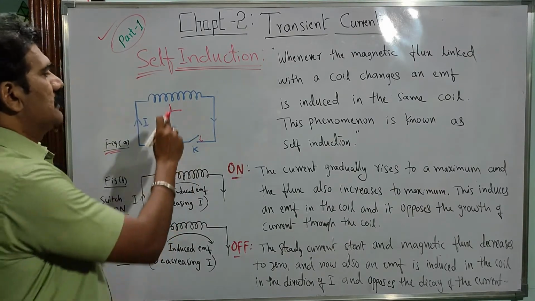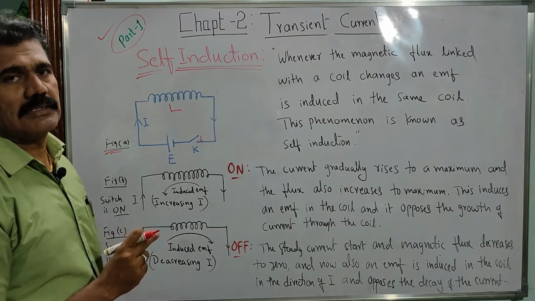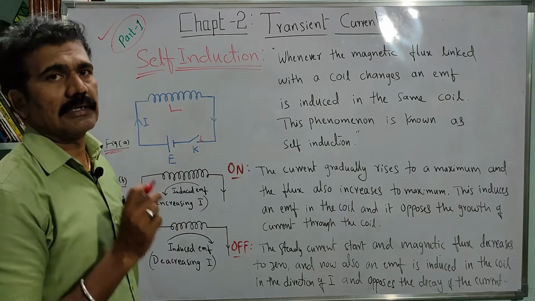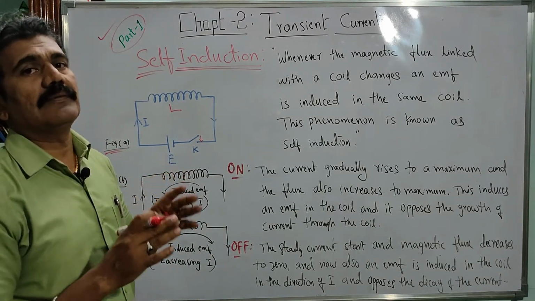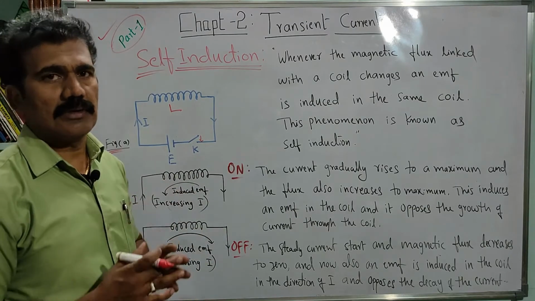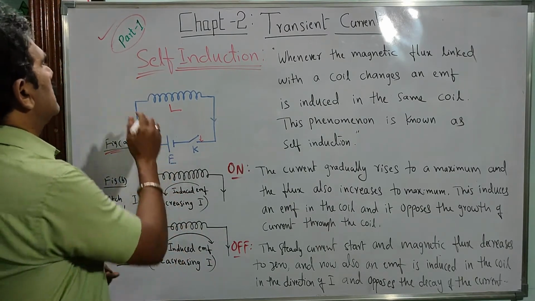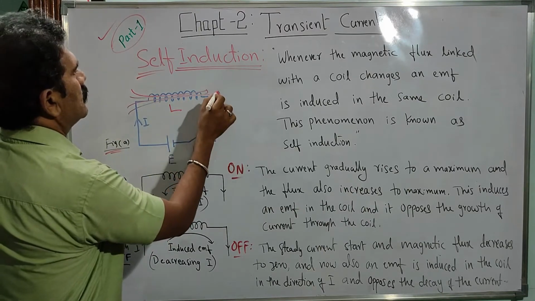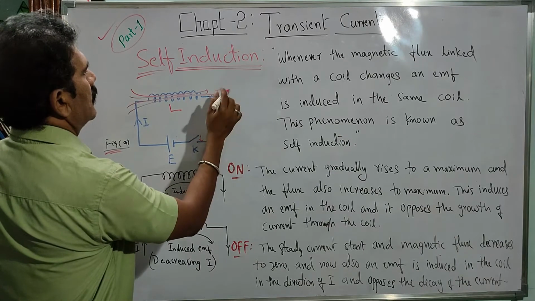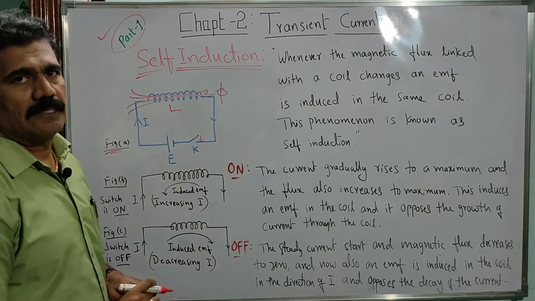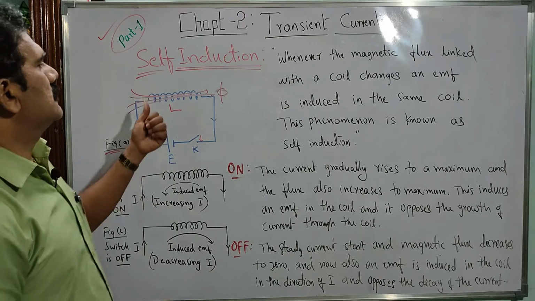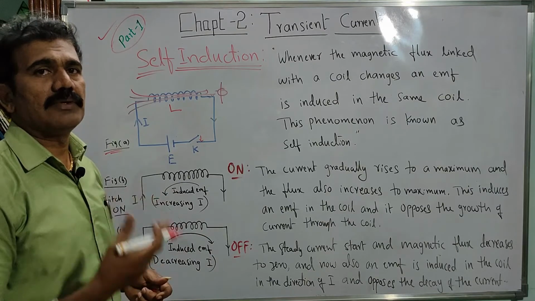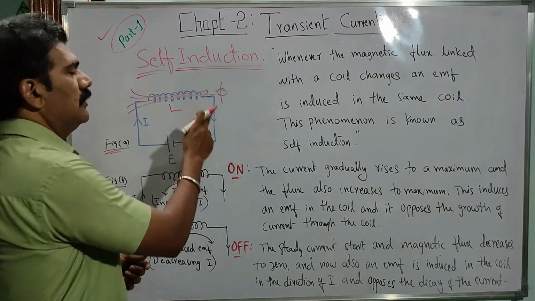This is a special device in which you can observe the production of magnetic flux. Whenever there is a flow of current in any conductor, a magnetic field is produced across that conductor. That is what is called Faraday's law. In this case the magnetic fluxes are produced and pass through this coil like this. You can write the magnetic flux as phi. This change of magnetic flux will produce a certain EMF. Some EMF is induced due to the flow of current in the coil.